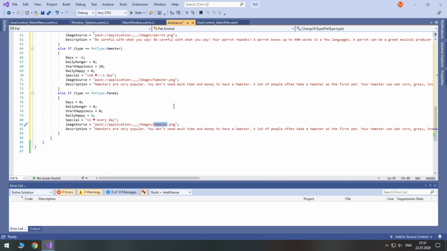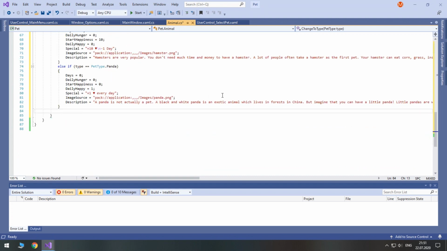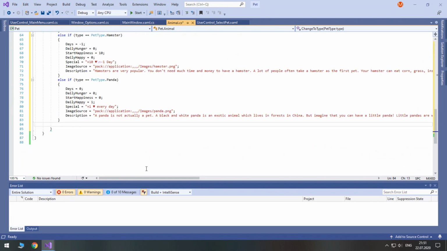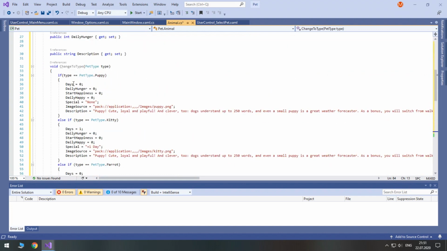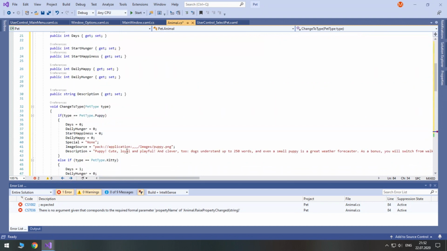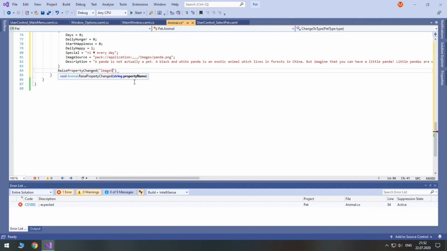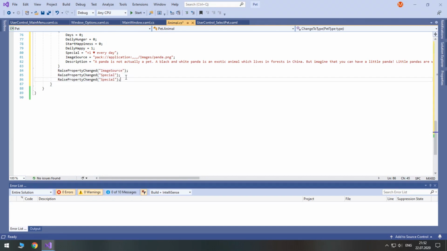Its path is panda.png. Then, after we have checked the pet type, we need to raise property changed manually, because this is a method. So raise property changed, which is a method that we created here, and here we pass the property name. So the first property name will be image source, and also special, and also description.